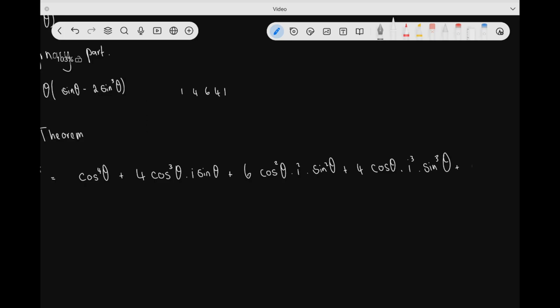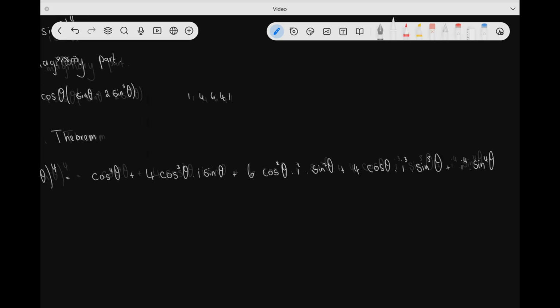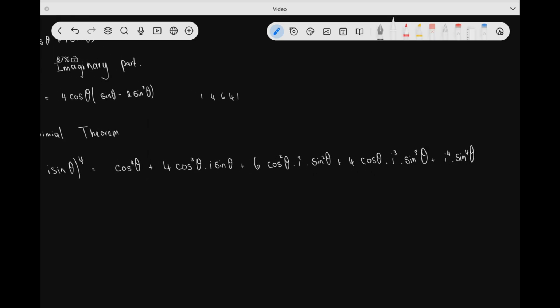And then finally we got i to the 4 sine 4 theta. Okay, this is what we got. So if I simplify this,